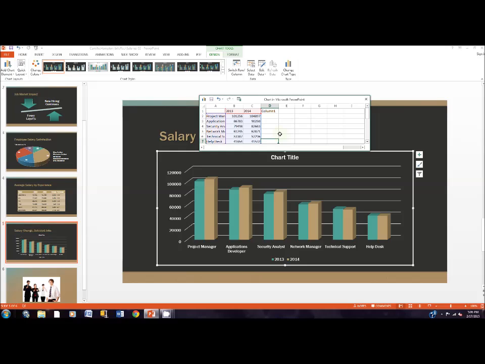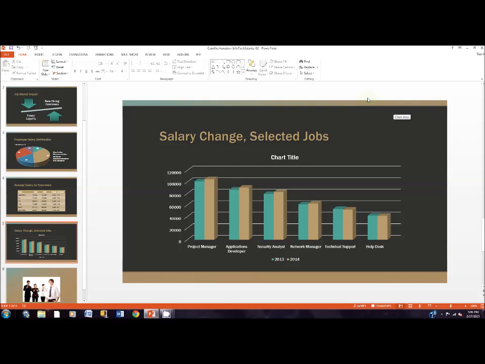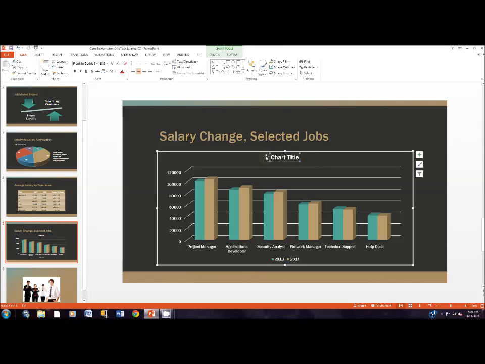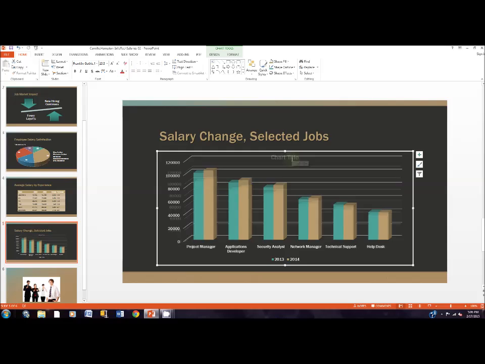So I don't have that extra column anymore. Only the data that's in the shaded area is going to end up in my chart. So once I've typed everything in, then I can go ahead and click the X to close it. It says in step 8E to delete the chart title. So I'm going to just click on it and press delete, and it goes away